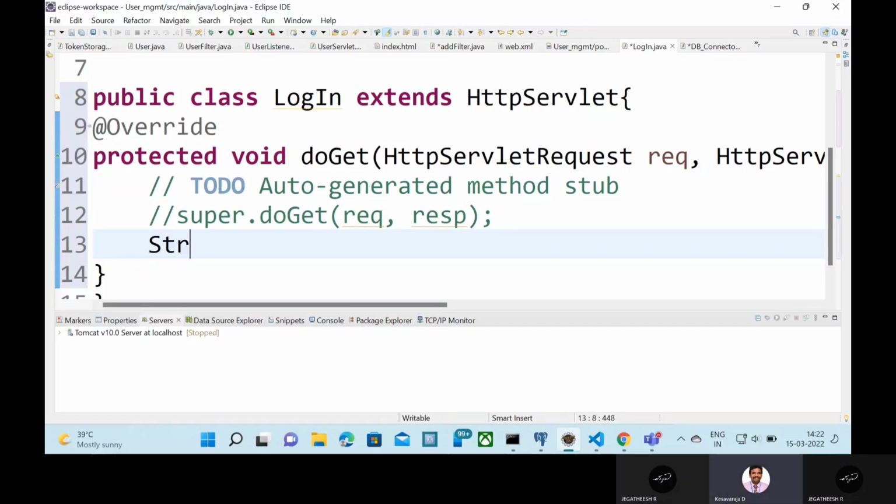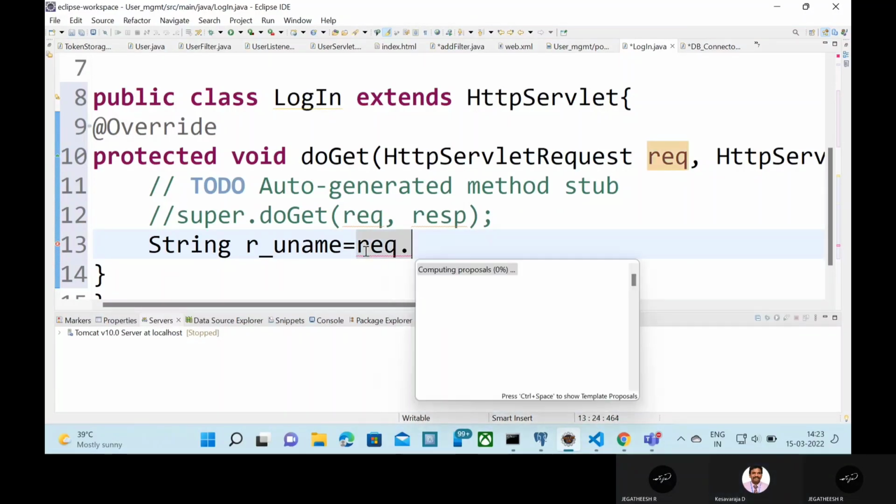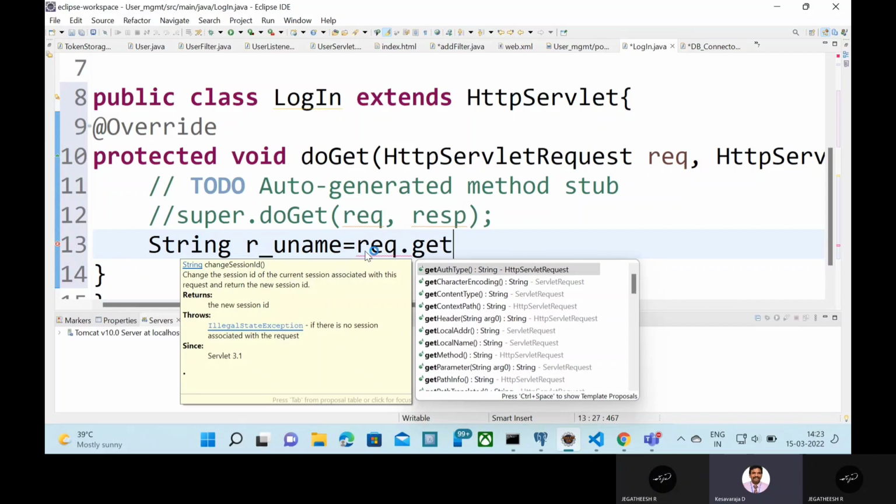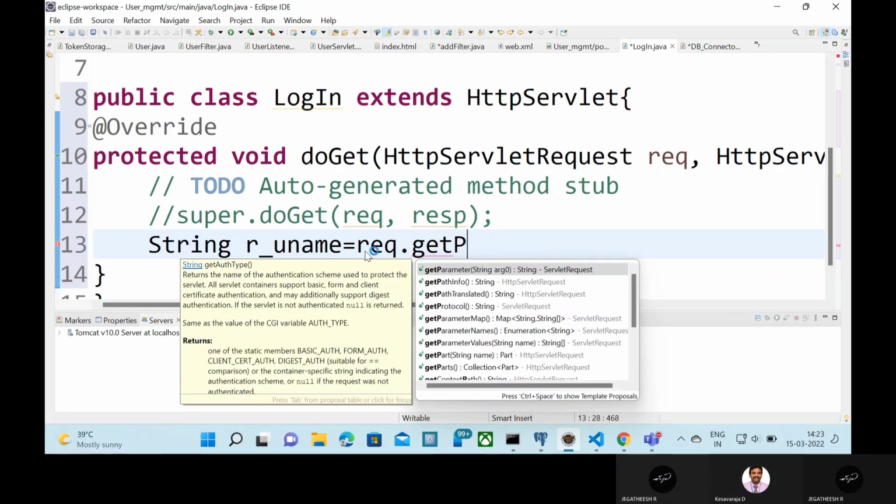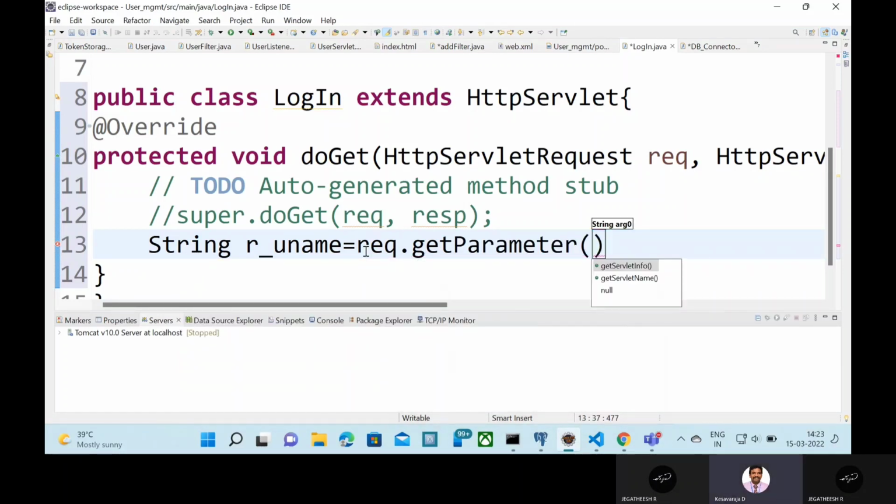I will create a string called username, which is read from React: r_uname, for my reference, equal to request.getParameter("uname");